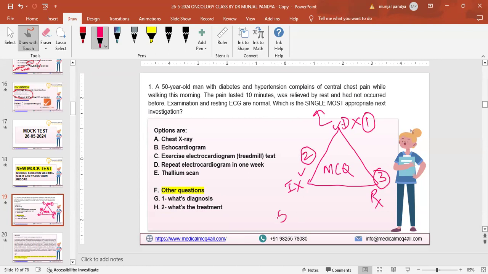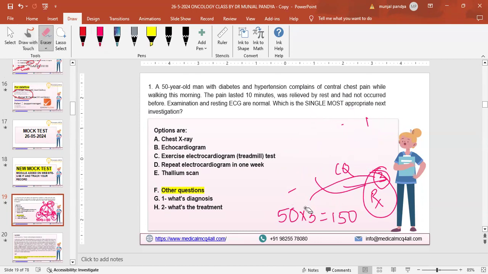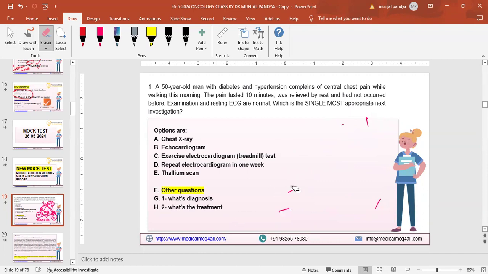Say, for example, in a day you are solving 50 MCQs, it means you are actually solving 150 by answering all these three things. So don't do MCQs monotonously or robotically, concentrating only on what they ask, such as investigation. If they ask investigation, you need to answer the diagnosis too. If they ask diagnosis, you need to answer the other two too. If they ask treatment, you need to answer the rest too. So always cultivate the practice of answering three questions in each MCQ: diagnosis, investigation, and treatment.